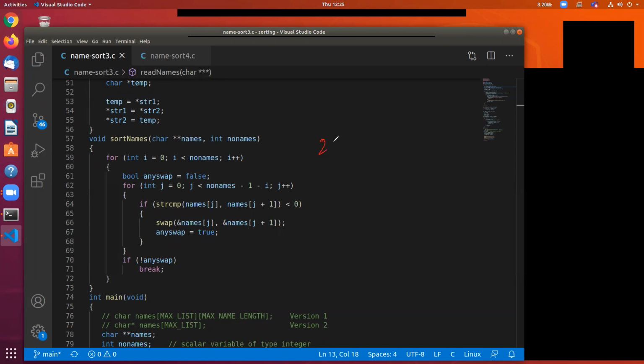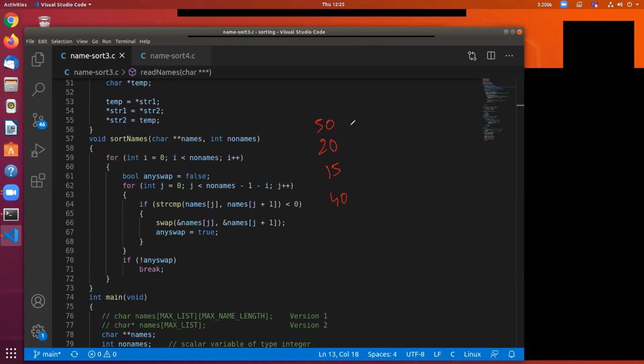Let's say the numbers are 20, 30, 40, 50. Let me use 15. So the overall goal in bubble sort is that you take the whole list and you bubble